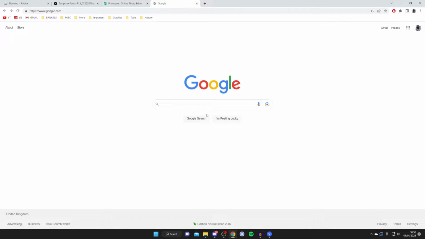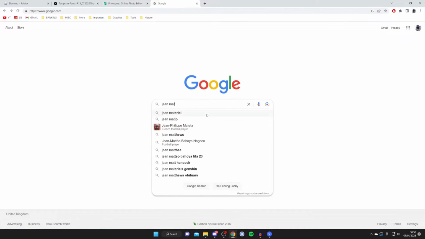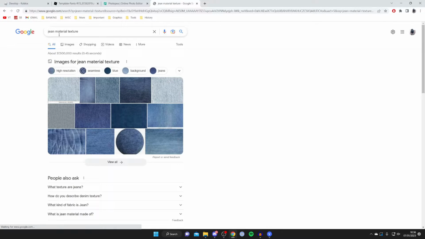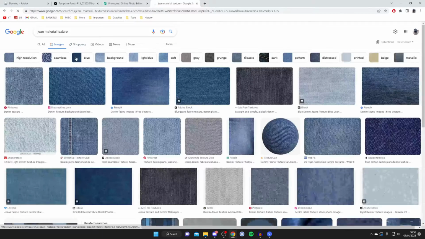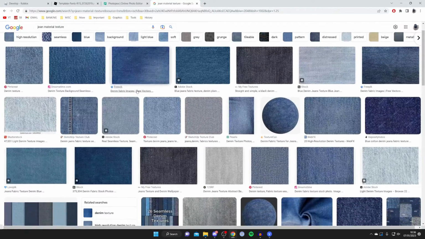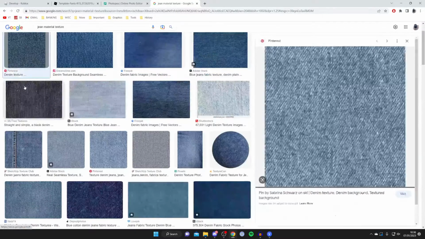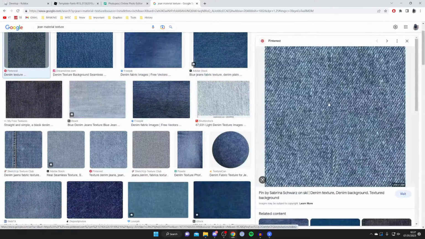So here we are, and what I'm going to do is type in jean material and texture or something like that, just so we get the right thing, and then we can tap on images. Now, as you can see, we get this sort of different type of material. So we've got blue, dark, and of course you can specify as well if you wanted, say, a black jean or a blue jean, you can type that in there. I quite like this texture here, so I'm going to tap on it just like so, and just like we did for the